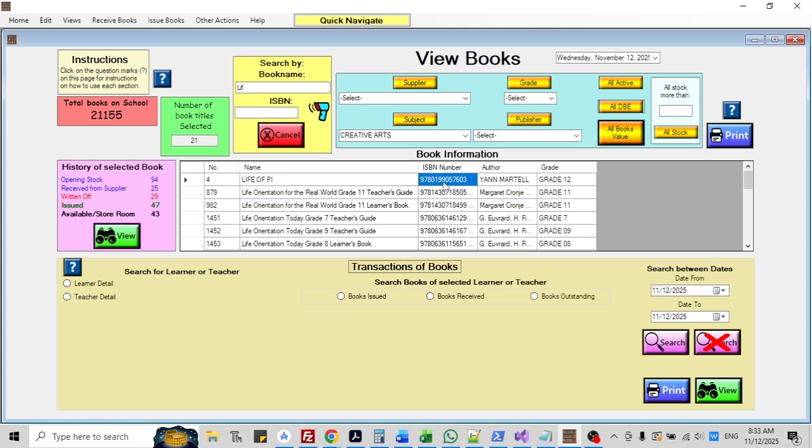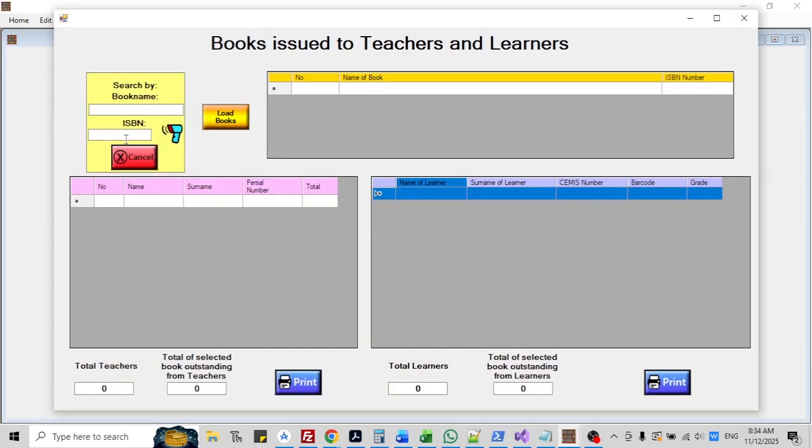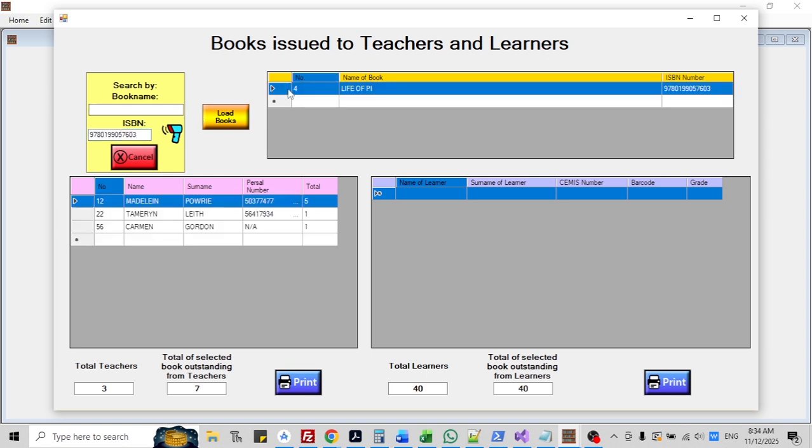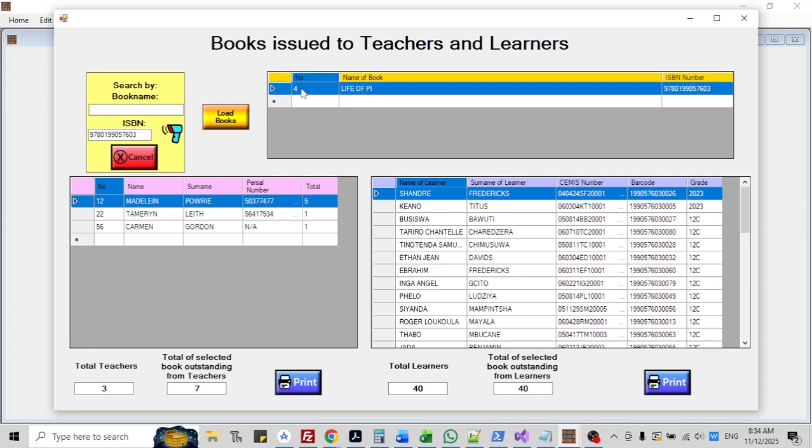But let me just check on this here. I go to ISBN number here. I highlight it, I press Control C and I go to View. I click in here the ISBN number, and here Life of Pi pops up again. So remember, there were 47 books issued. Where are those books? Here you can see these are the teachers in this block that have the book.